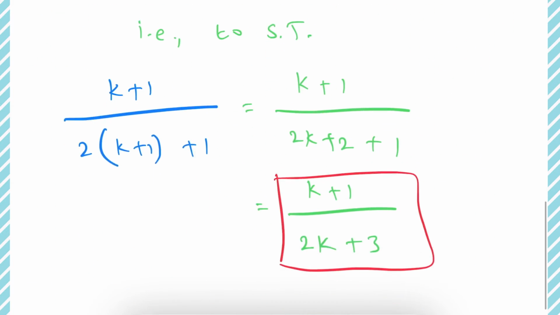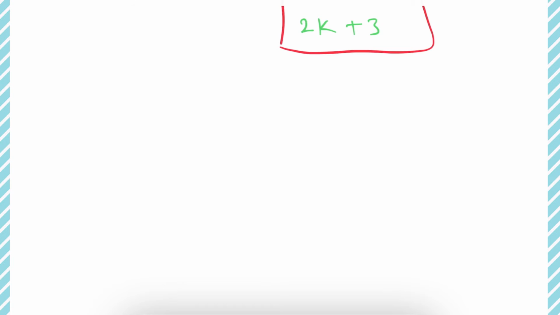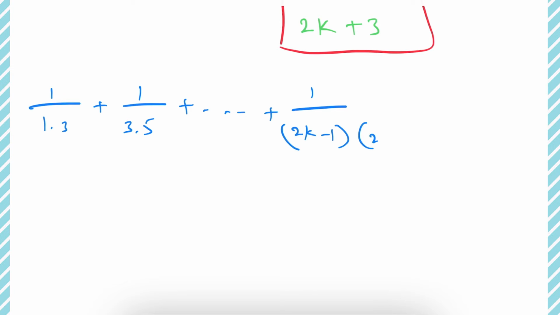Right, that's the same step as it is: 1 by 1 into 3 plus 1 by 3 into 5 plus and so on plus 1 divided by 2k minus 1 into 2k plus 1. Plus, now next term we need to create. What is that term? First observe here. Here first term is 1 and here first term is 3. So from 1 to 3, how many is it increasing? 2 is increasing. So here also the numerator is unchanged, we have 1 as it is.